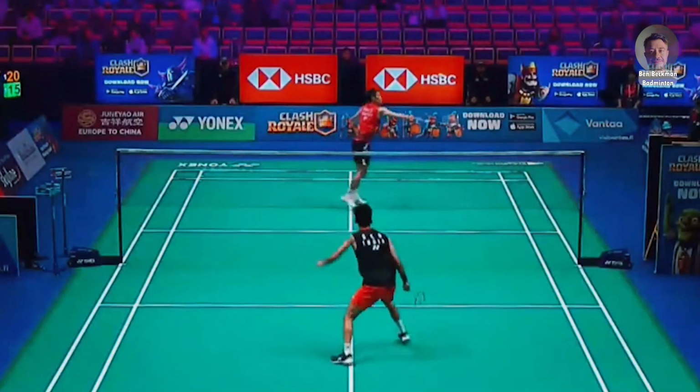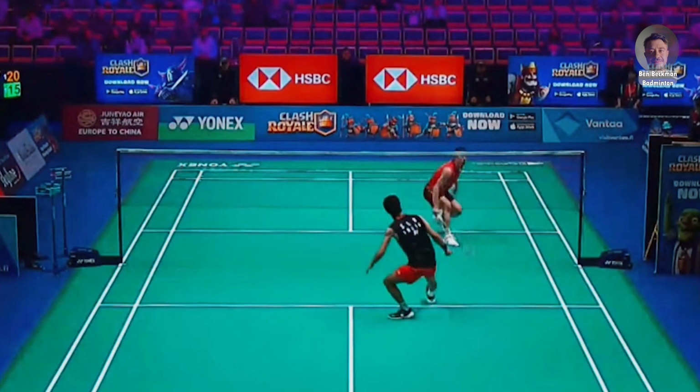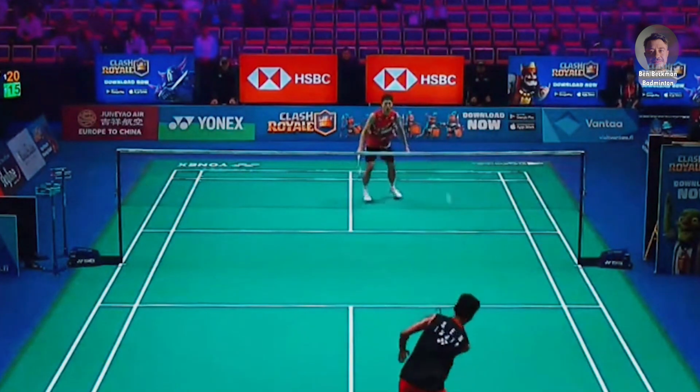How they did, obviously, they didn't do particularly well. Lakshya Sen and Chia and Soh Wooi Yik lost in the second round, and PV Sindhu lost in the first round. Starting with Lakshya Sen, he actually got a walkover in the first round, so he lost in his first match, but he played well. He was a little bit unfortunate because he did come up against the eventual winner, Chou Tien Chen of Chinese Taipei,